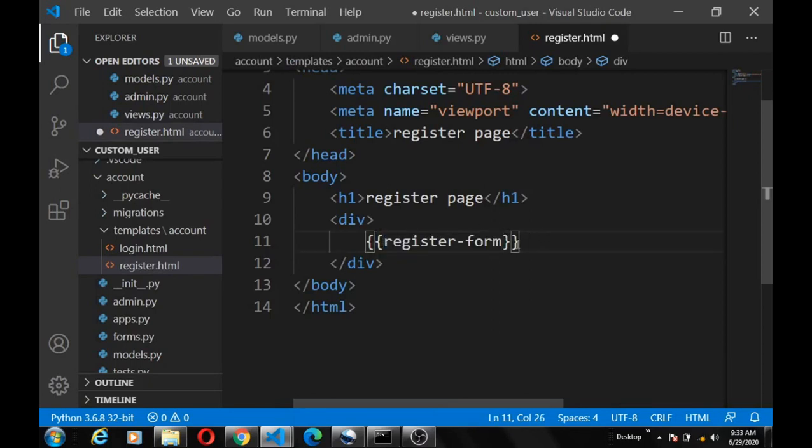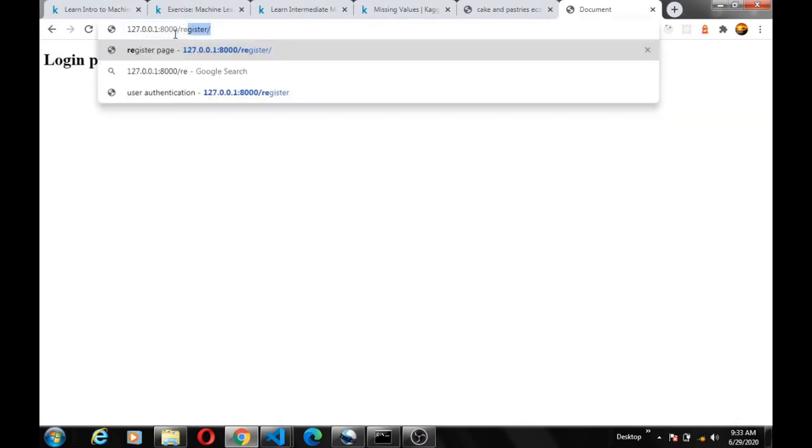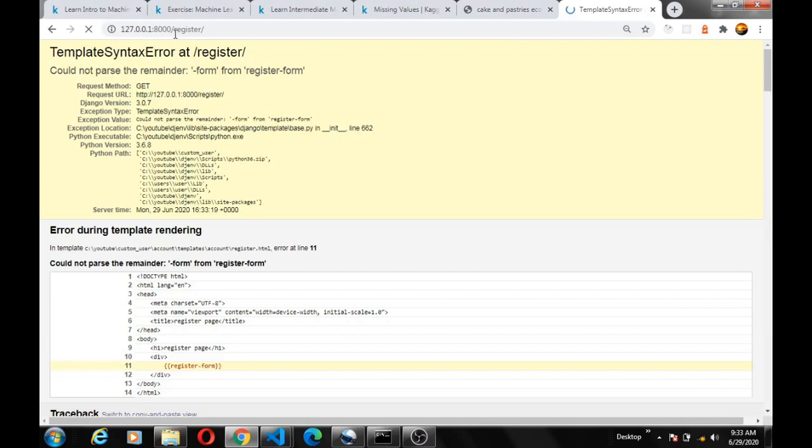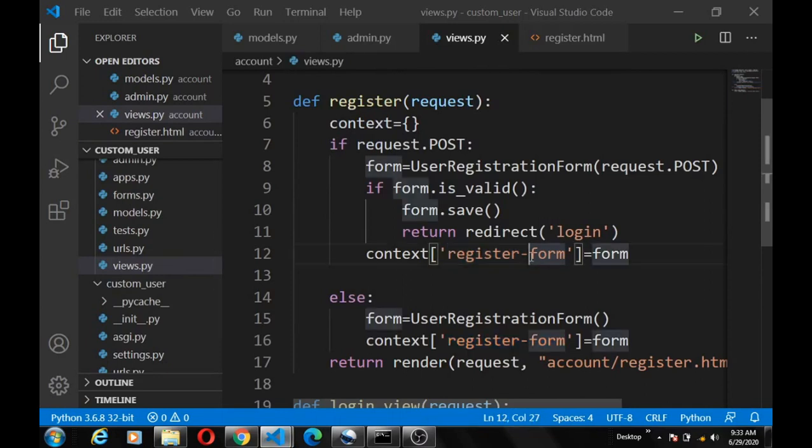You can as well put the form like this. I think if you save it and then head over to the register page, it could not parse the reminder dash form from the register form. Okay, I guess maybe because we are using dash, let's change it to underscore. Control C and then